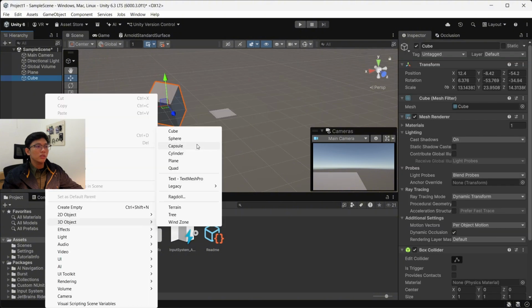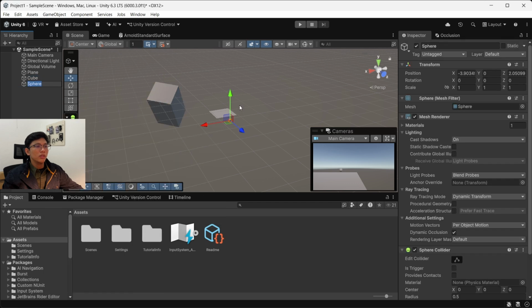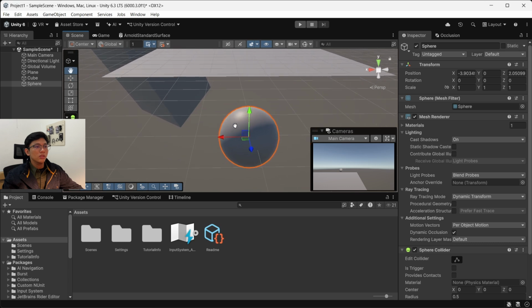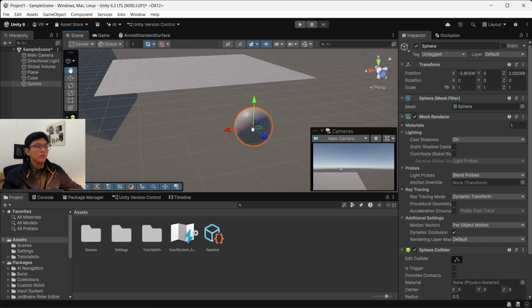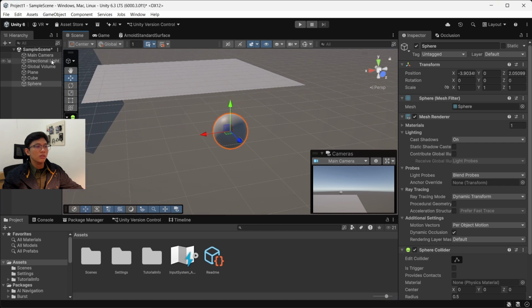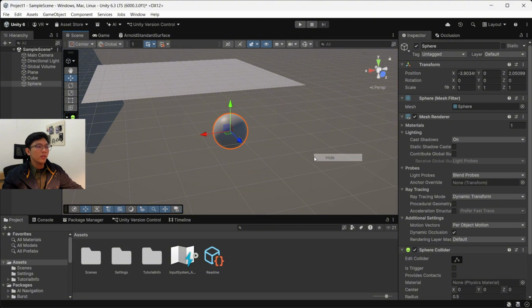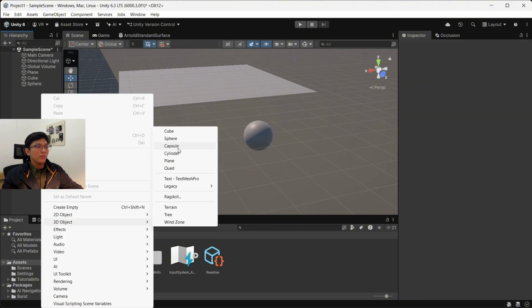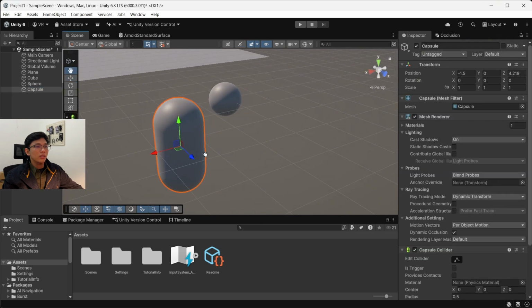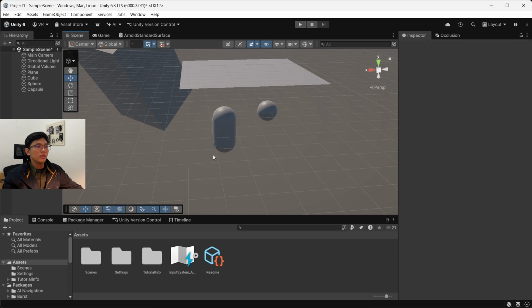Next we add a sphere, which looks like this. A sphere is a round object in Unity that is often used for special objects or ball simulation in a scene. We will hide this one for now. Next, we add a capsule, which is a rounded cylinder object commonly used as a character representation.